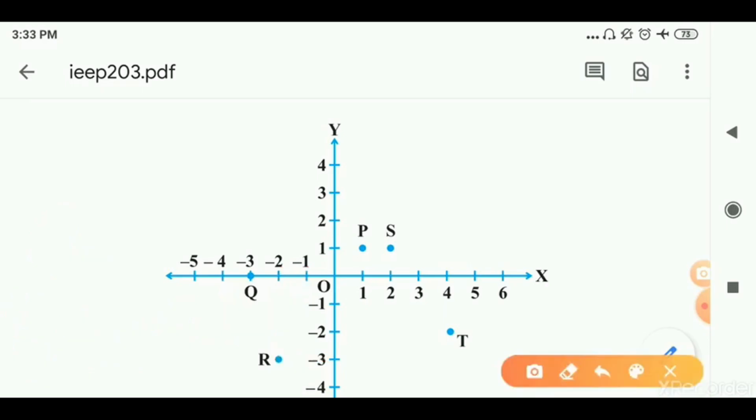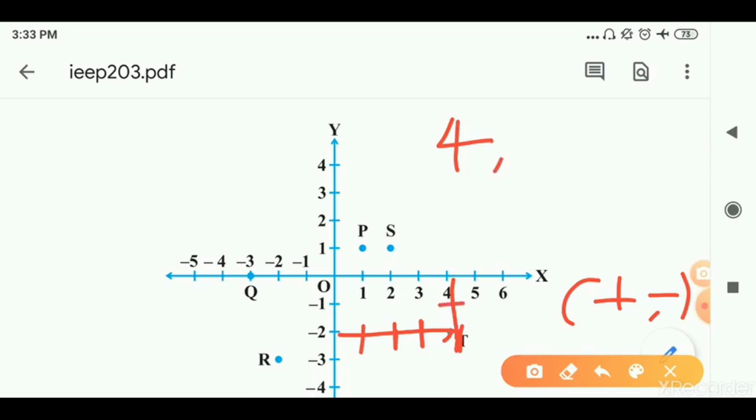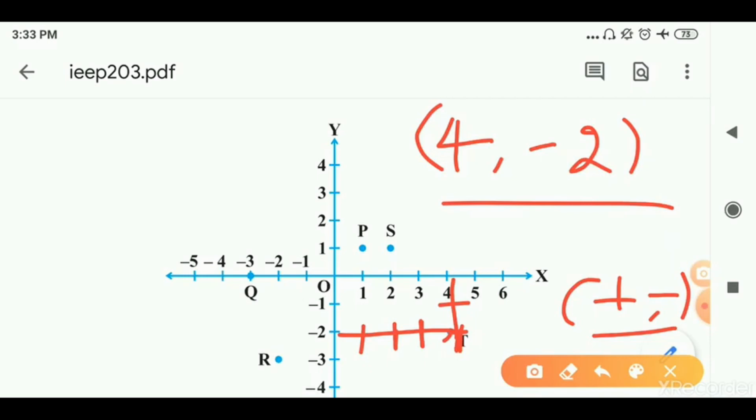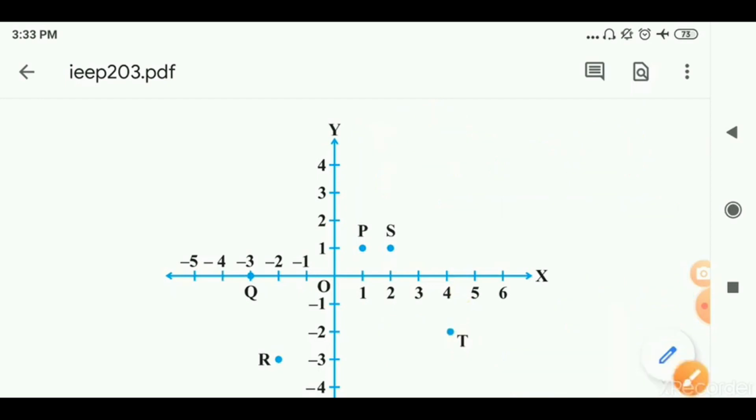The last point is T. T is lying in the fourth quadrant. As you know, the signs of the fourth quadrant are plus comma minus. So let me write its coordinates. Let us draw the perpendicular distance first from the x-axis as well as the y-axis. As you can see, this point is lying at 4 units distance from the y-axis, so its abscissa should be +4, and from the x-axis it is lying at 2 units away, so we can say the ordinate would be -2, since it is lying in the fourth quadrant, which indicates the signs plus and minus. So the coordinates of point T are 4 comma -2. Got it? Okay,